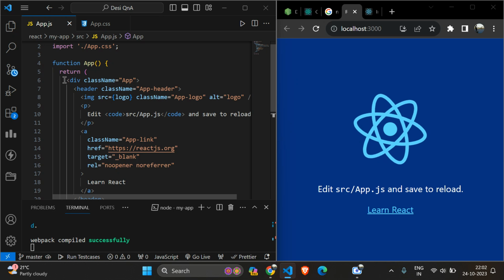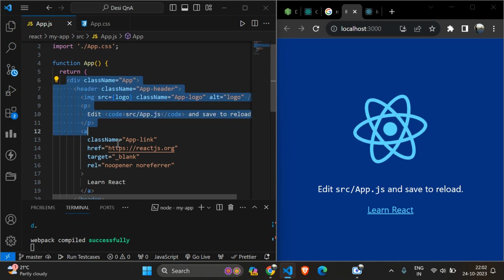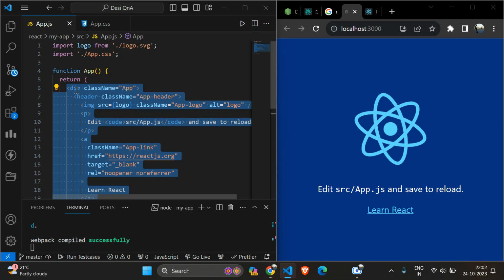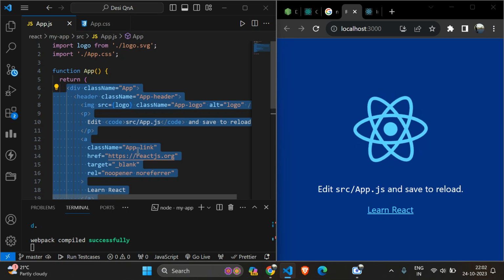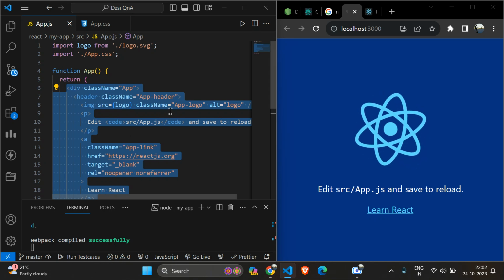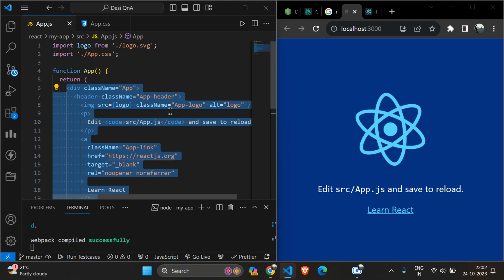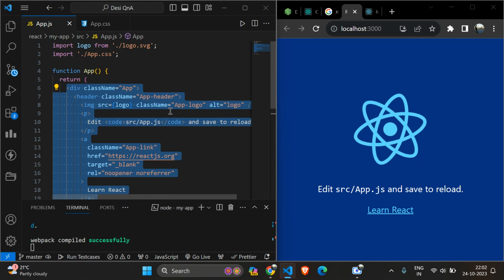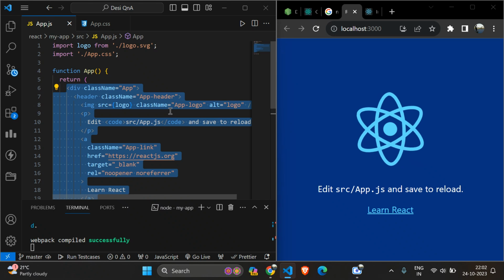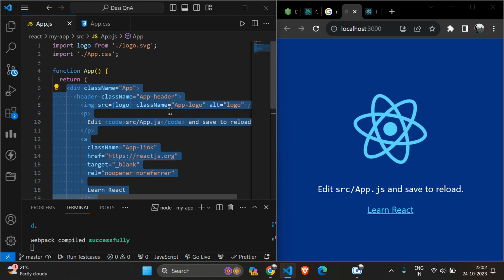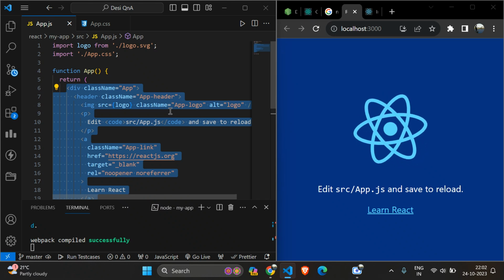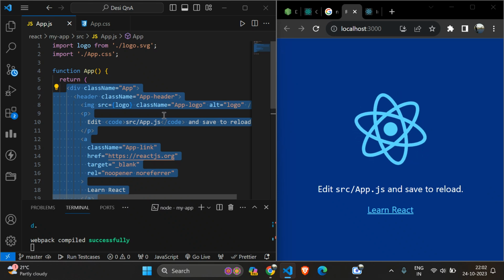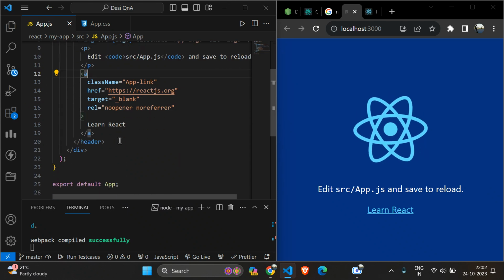You already know HTML, and you have not learned JSX yet, but still, if you see this code, you will definitely understand it, maybe 95% of this code. So this is one more advantage, that is the similarity between HTML and JSX. Using that you can build your page,